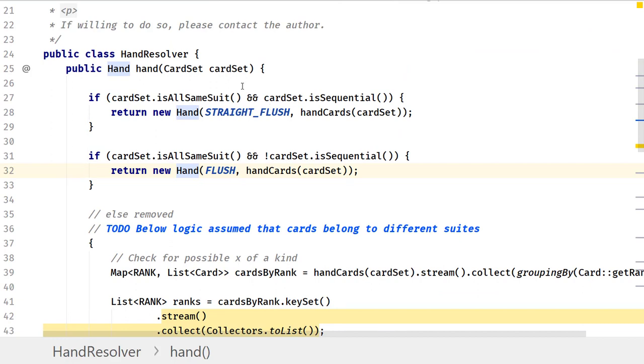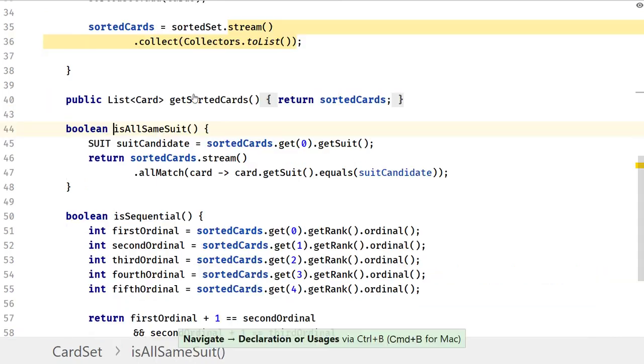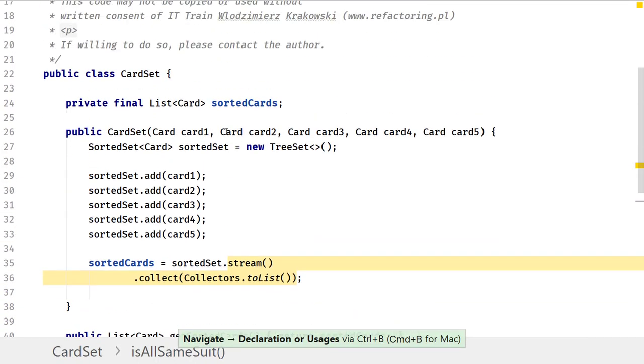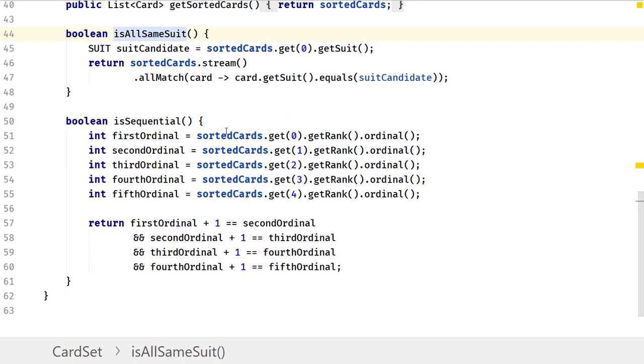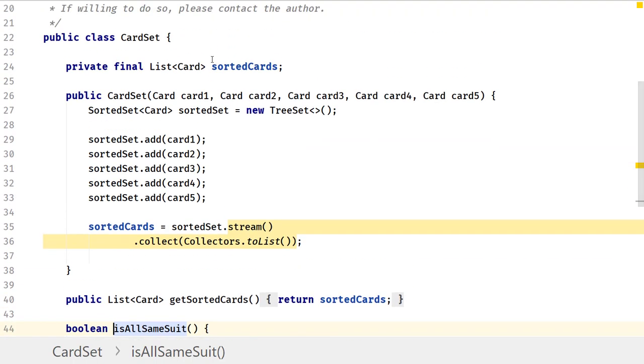We put duplicated logic responsible for checking if the cards are sequential, belong to the same suit, into 2 separate methods, and then these 2 separate methods have been moved into cardset class, because the logic of these methods required data, the cards that are placed within this cardset class.